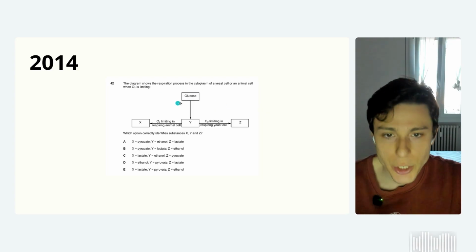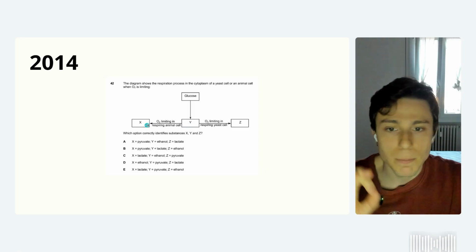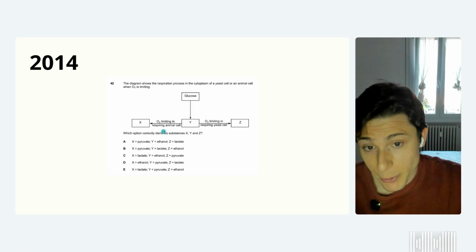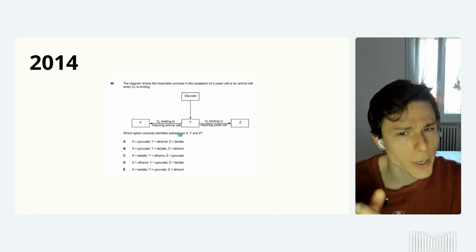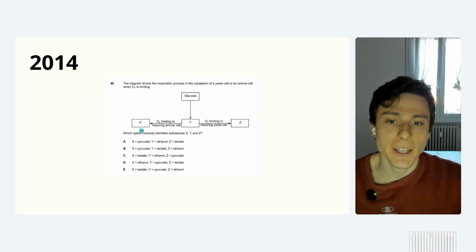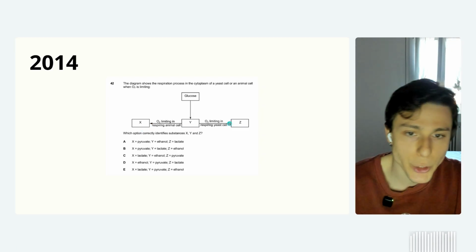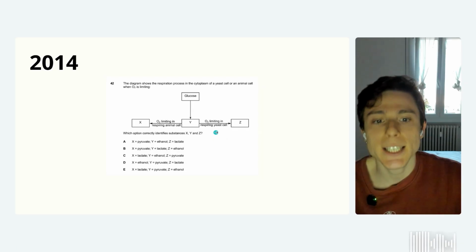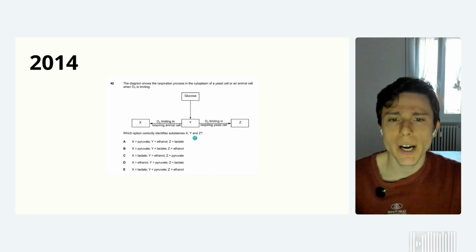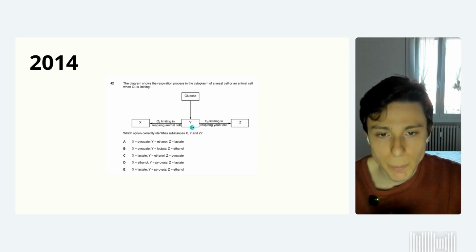Okay, we are starting with glucose. Something is transformed, and from this we have a mystery X product. Okay, what are the conditions? O2 is limited in a respiring animal cell. Okay, so animal cell, we know that we're talking about fermentation. This can only be lactic acid. And on the other side, we're going to have this taking place in a yeast cell, so the Z can only be an alcohol. And what about the Y? By the context here, it can only be pyruvate.